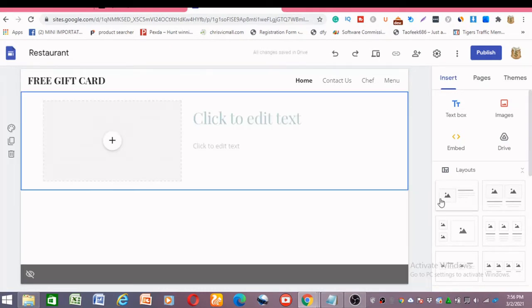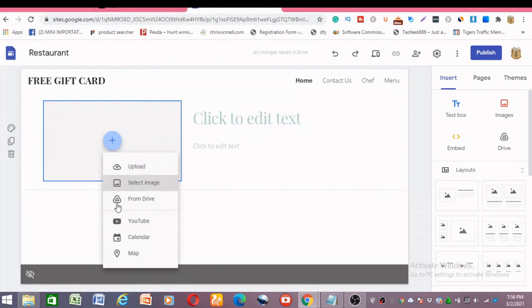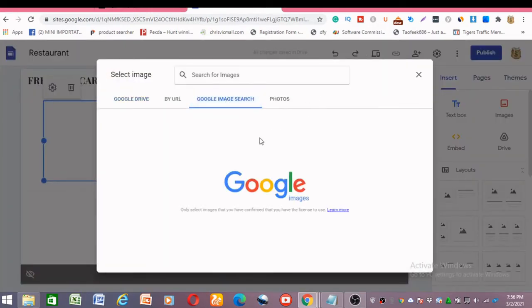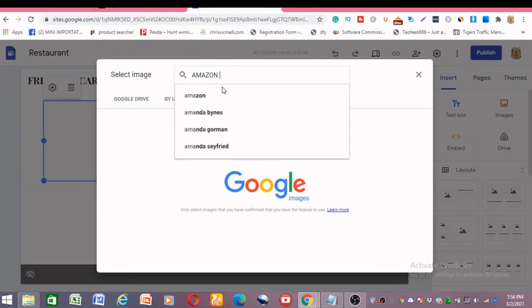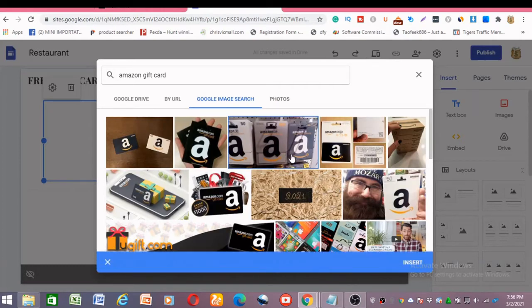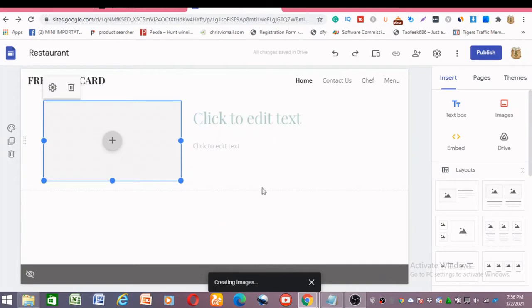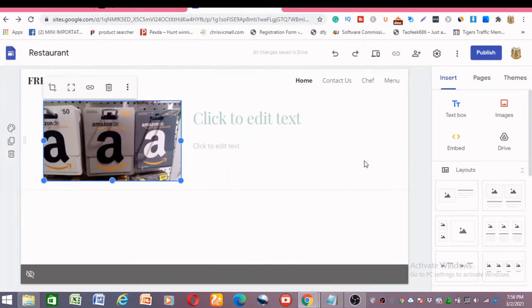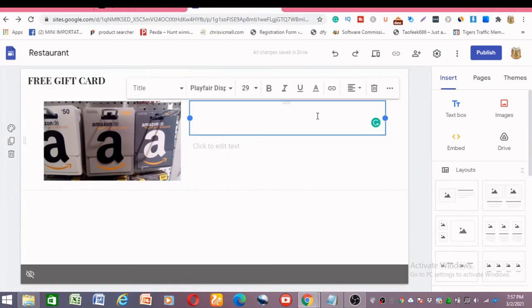When you choose this layout here, we add an image. Select an image. Okay. Search by Google, and you type in Amazon gift card. And you choose any of the Amazon gift card images, and I'll choose this. Let's go for this, and you insert. It's just a simple landing page. Okay, it won't take you much time to create this landing page. Okay, so just type in